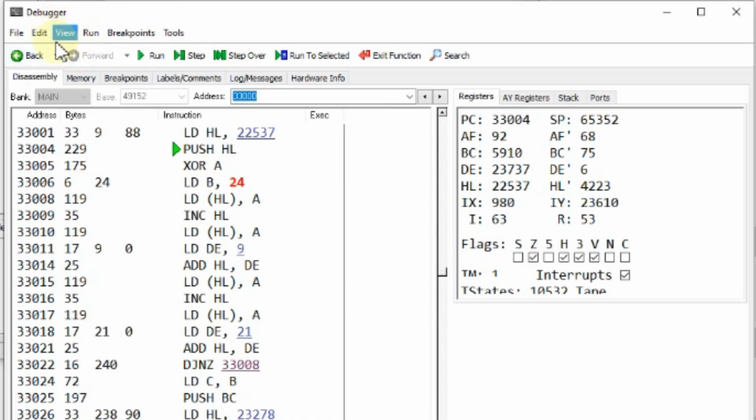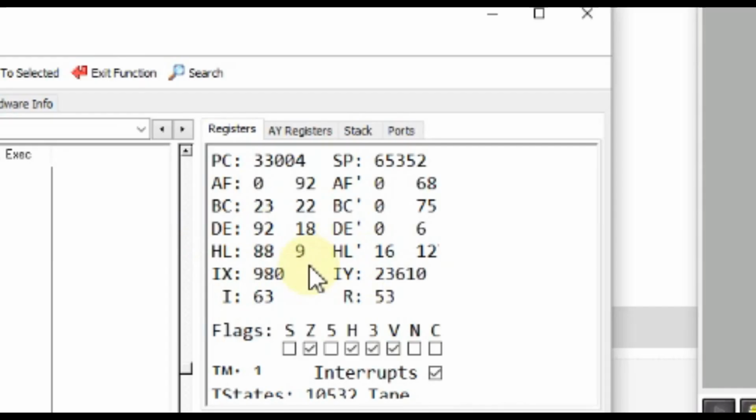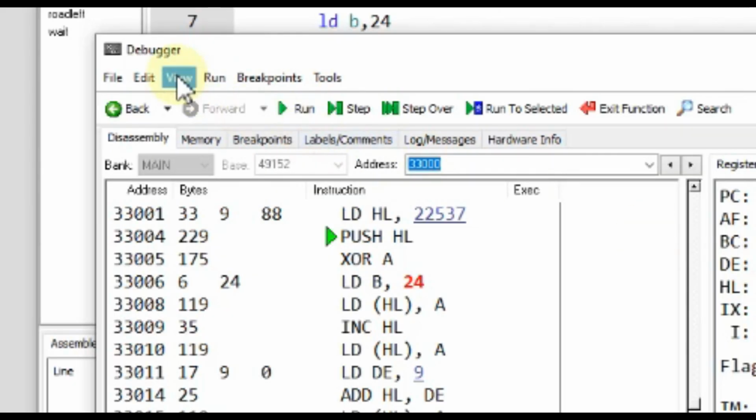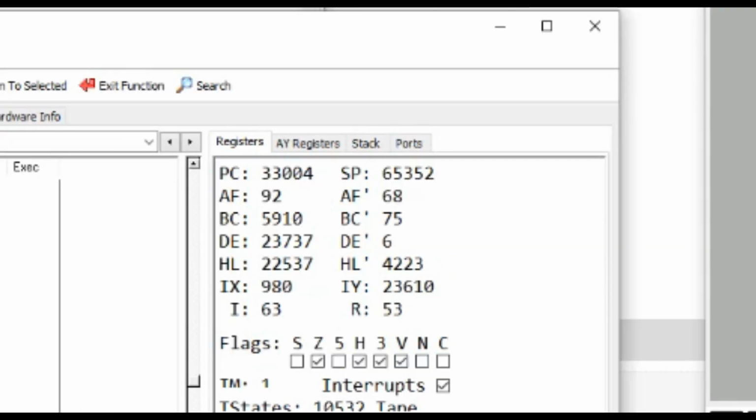So if we go over here to the view button and we click on this 8-bit registers selection, what that will do is it will split up these register pairs into their individual registers. So if I click on this now, and we go back here and take a look at the HL register pair, we can see that it's now been split up into the H register, which contains a value of 88, and the L register, which contains a value of 9. So let's just go back to our view menu and disable that 8-bit register selection to combine the HL registers into a pair again. So now we can see the 16-bit value that's stored in the HL register pair,